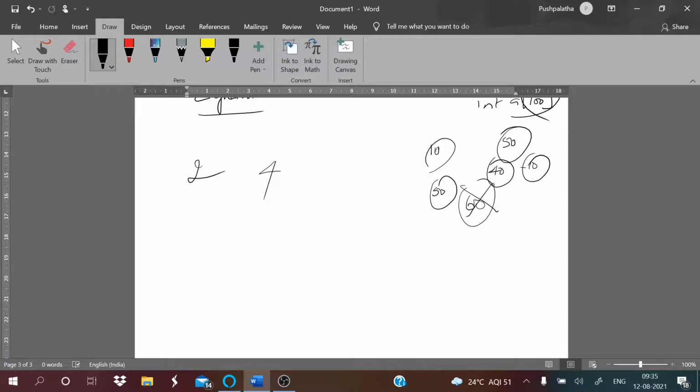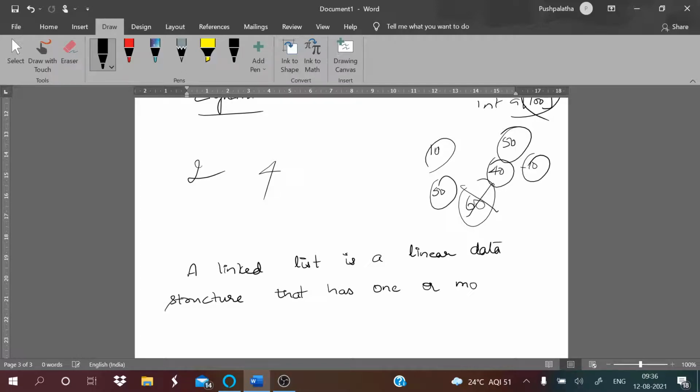Okay, so the definition for your linked list is, a linked list is a linear data structure that has one or more nodes.